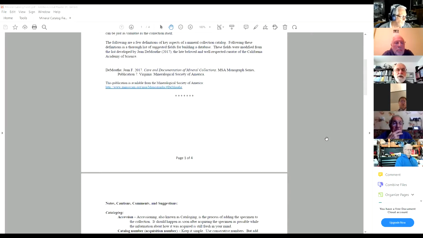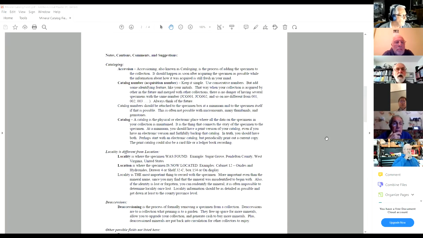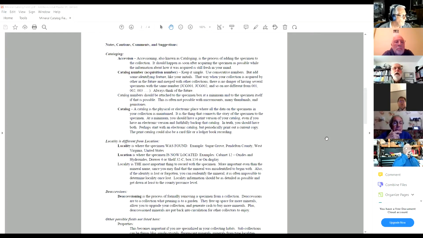The next page, if we go down, are just some definitions, things related to cataloging. The museum curators call the process of cataloging accessioning or accession, and we attach a catalog number. One thing that I was recently